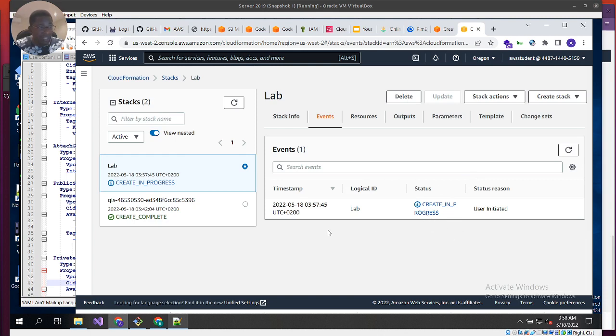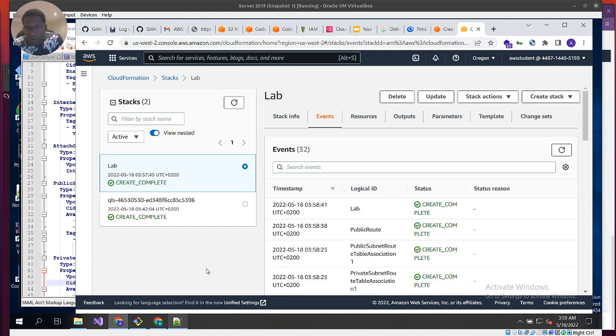So we'll come back when this is done and we will have a logical ID for it. So we'll have the stack ready. We'll go visit the VPC and see what it looks like. Okay, so we can track the progress by looking at the events. We can see at the start we've created